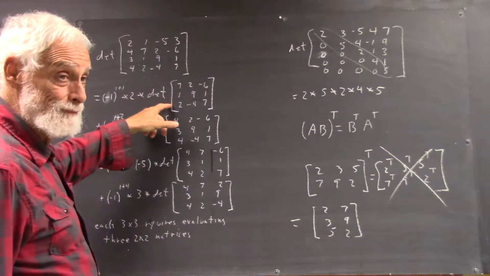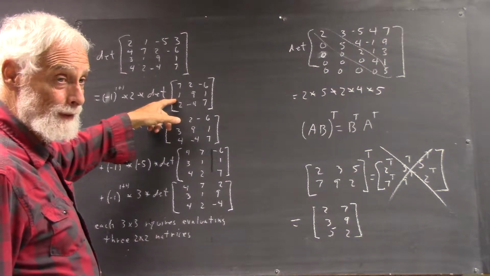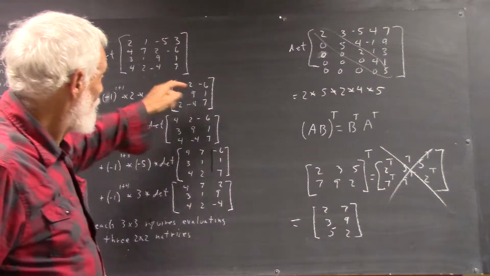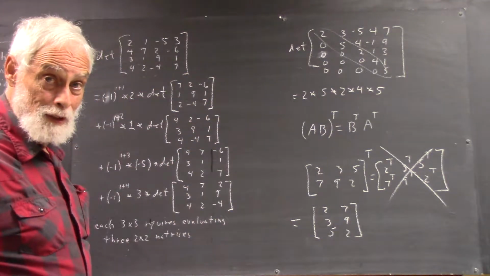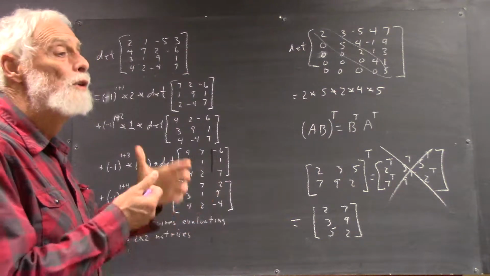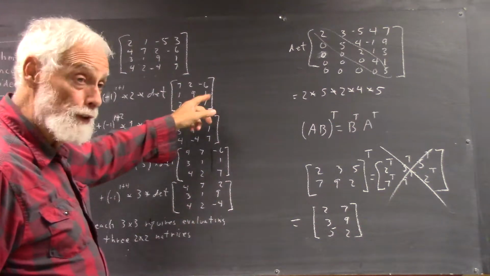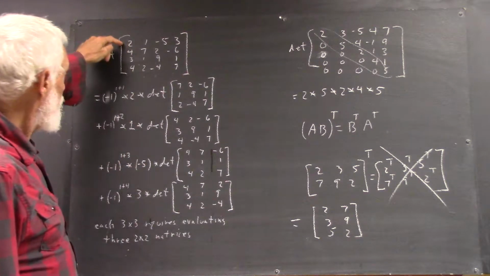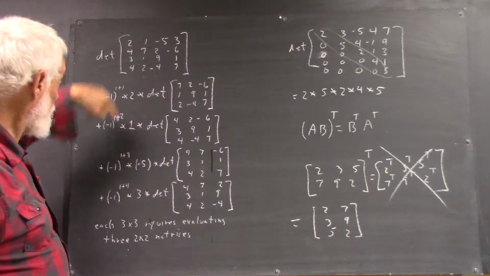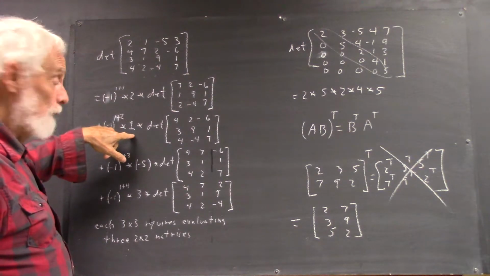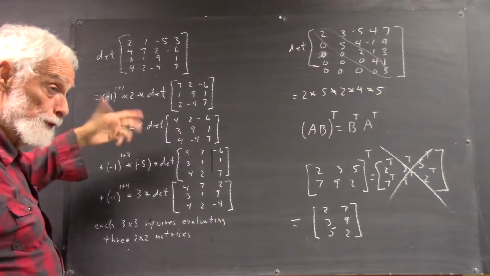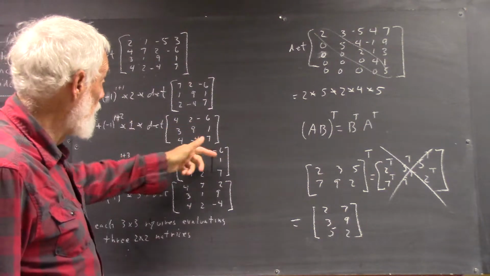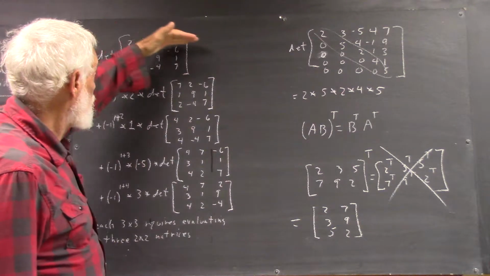Okay, of course, how are we going to calculate this determinant? We're going to have to do 3 more cofactors times the 3 numbers across the top row. So there are still 3 more 2 by 2 matrices just to calculate this matrix. Okay? Then we go on to the second number in this row, which is 1. So we take 1, we multiply that by -1 to the 1 plus 2, because that's what you do for the cofactor, and by the determinant of the minor that we get when we throw out row 1 and column